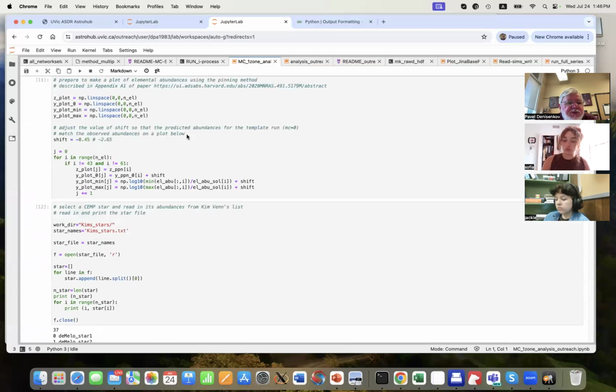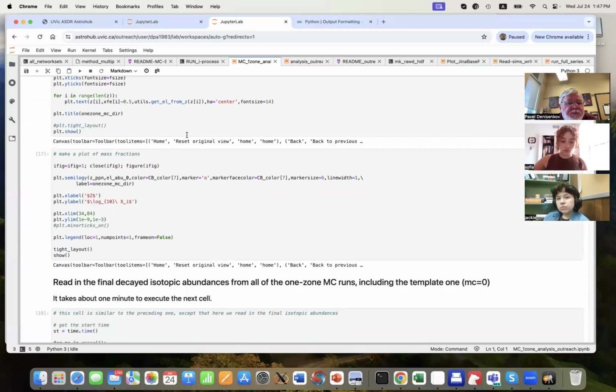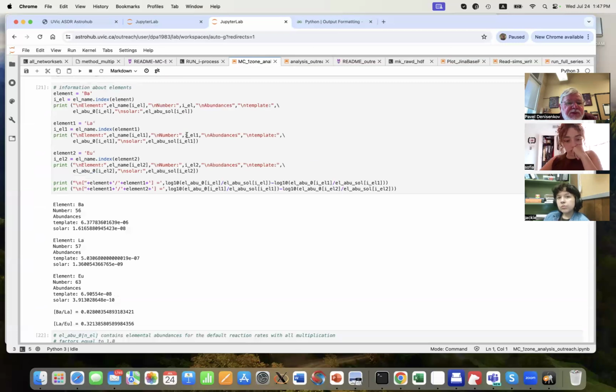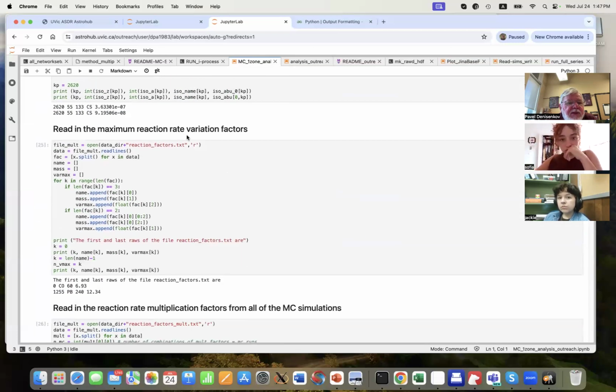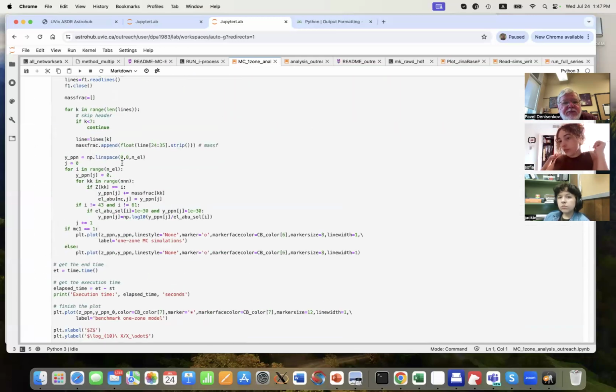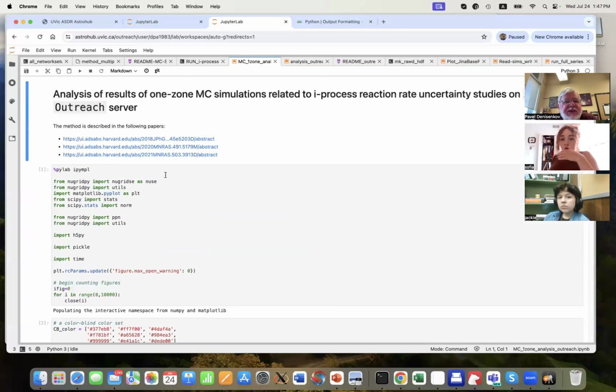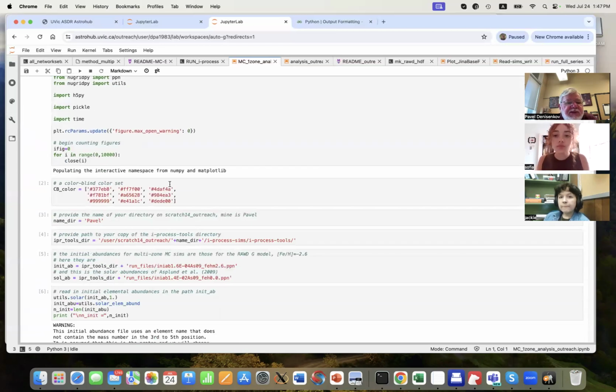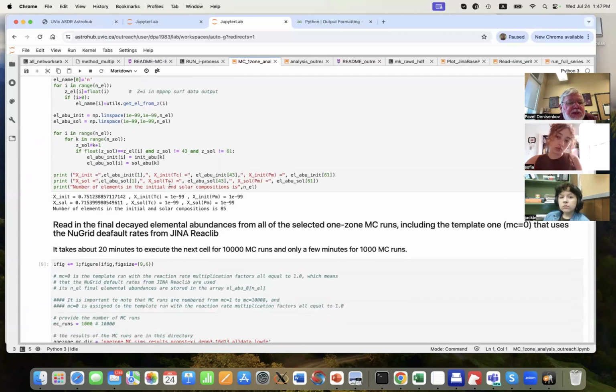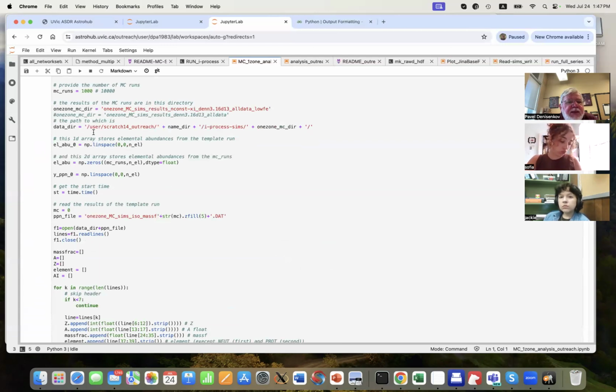This is done. Let me check where. Oh, this is done. Sorry for scrolling fast. Oh, data dir. No, that's okay, because the script that copies some additional files after the end of your Monte Carlo calculations will copy the right files in the right directory. So data dir, what is it? Let me just check. Yeah, this is data dir.